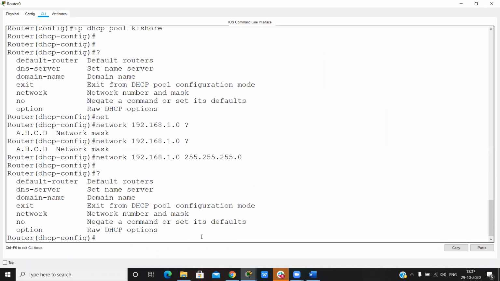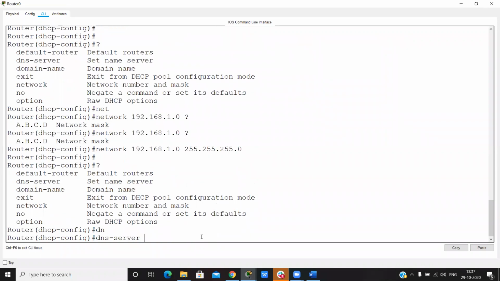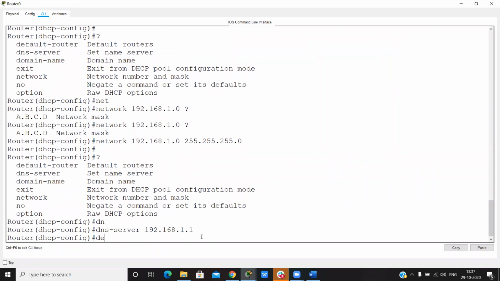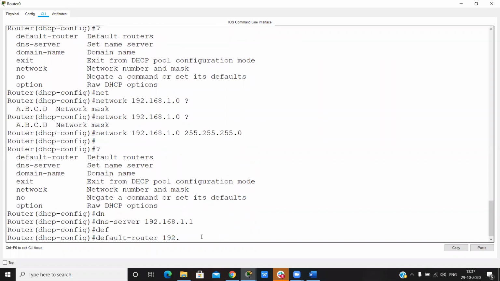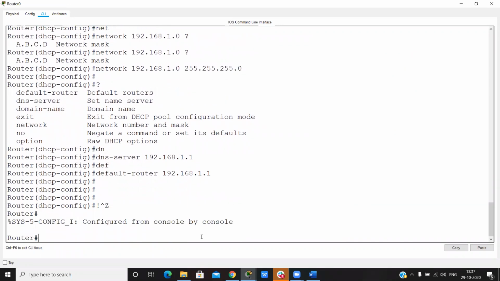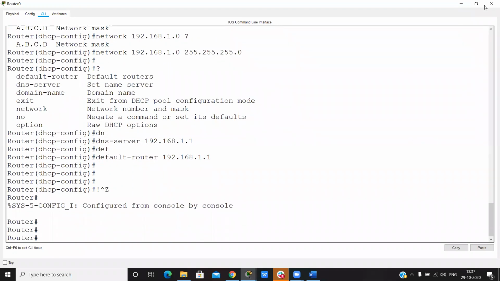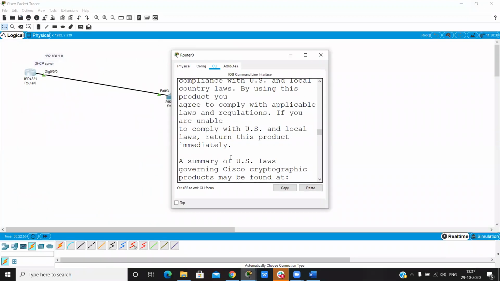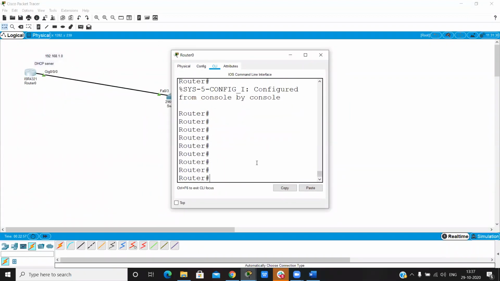And then the DNS server is 192.168.1.1, the same router we make the DNS server. Default router 192.168.1.1, and then exit. So now this one has become our DHCP server.